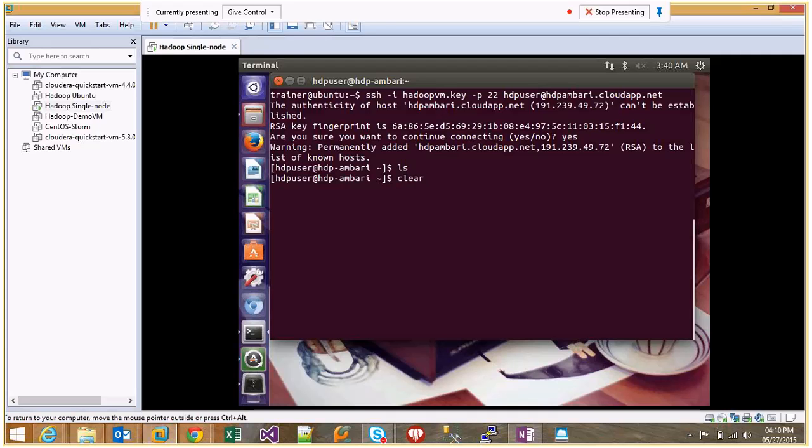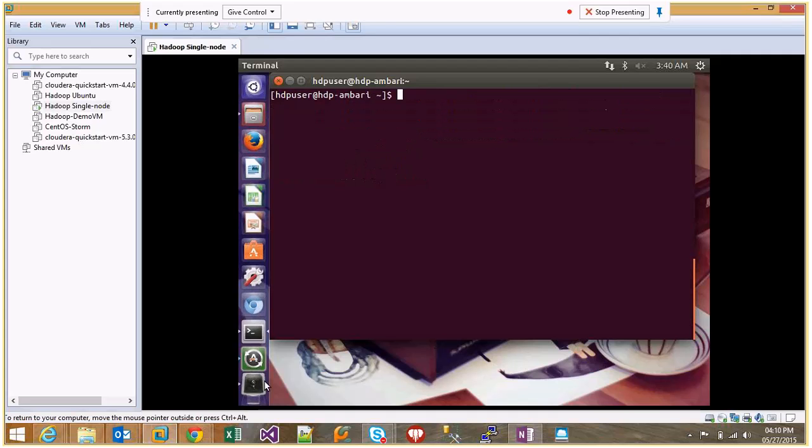Alright, so we have been connected to the HDP Ambari VM, which is running in a Microsoft Azure data center. So right now, once we have been connected to the VM instance in Azure,